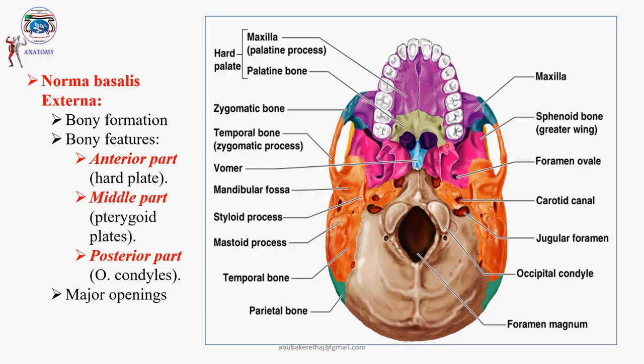And here we have the posterior nasal apertures, as you see here, and here we have the palatine foramina, which give passage for the specific nerves to supply the area or the soft tissue in the hard palate. Okay, and then here, most posteriorly, in the middle part of the norma basalis externa,